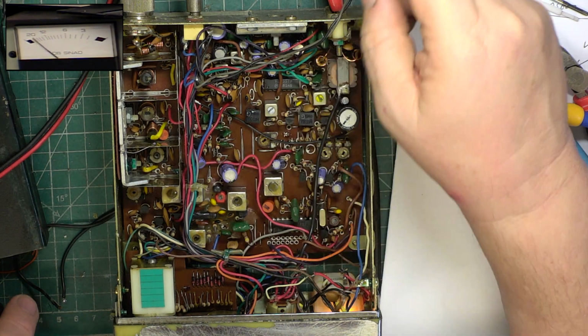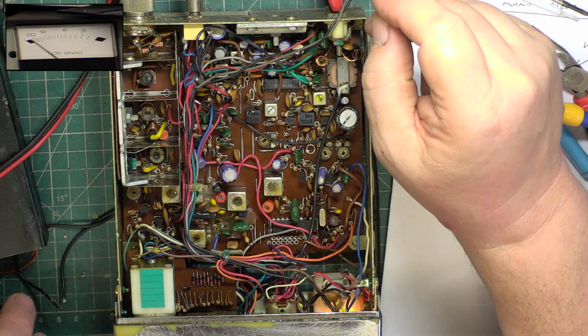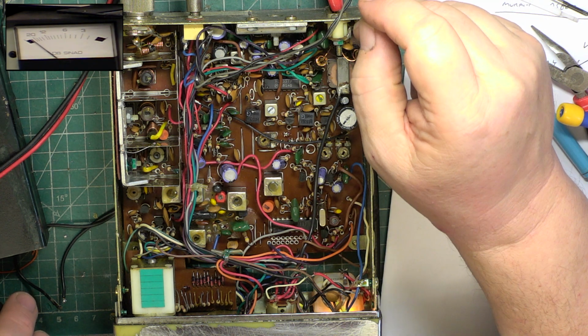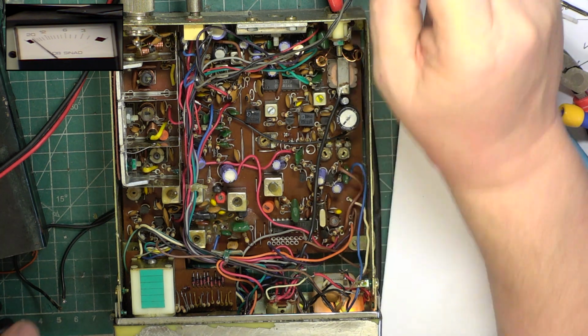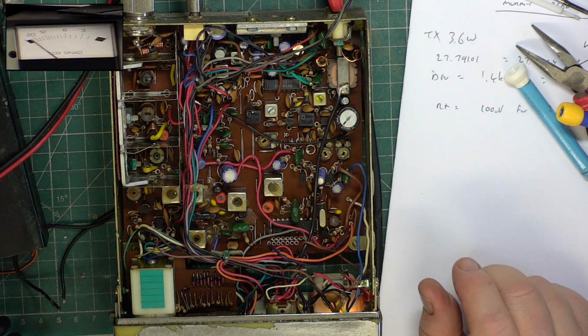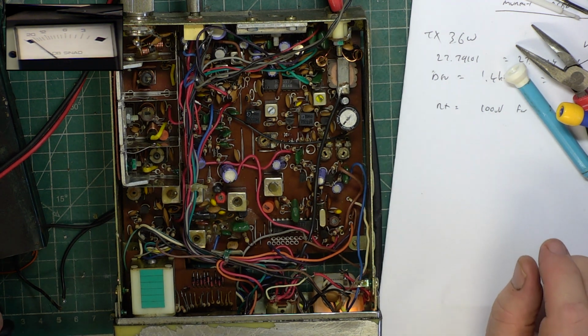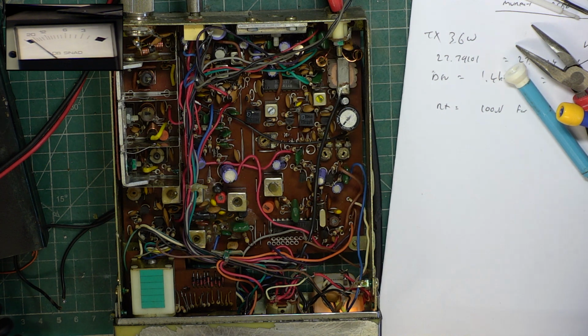Now I do have to check whether that resistor is supposed to be there or whether it isn't supposed to be there. So that's my next thing. But there you are. That's typical of a modification that didn't work out. I mean, for that to come in with 100 microvolts for 12 dB SINAD, and we've now got it down to a not very brilliant 1.7 microvolts for 12 dB. You know, it's astonishing. So I'm going to have to open another set up,